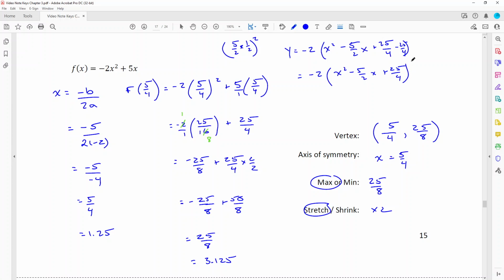So this is the one where, if you wanted to, you don't have to put the negative in the bracket. You could put it outside the bracket. Just make sure it gets multiplied by that a value if you were looking at that vertex proof, right? And then finish it off. -2 times x minus half that middle term. And then this would be plus